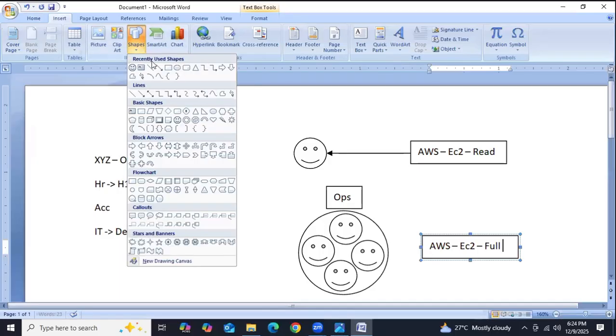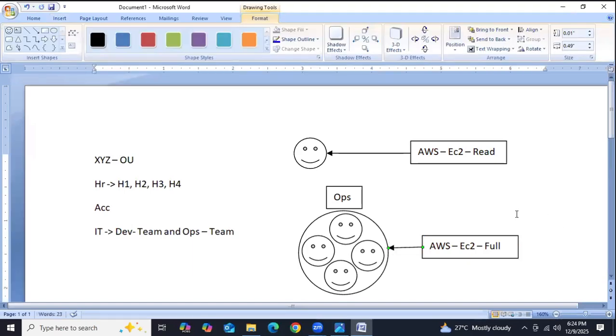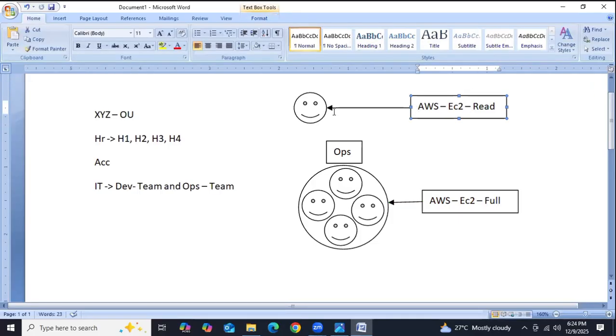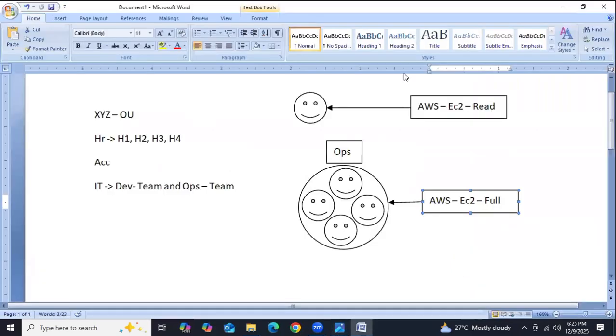Clear? So one policy we can assign for a user, we can assign for a group, and we can assign for a role also. I hope you're clear what is user, what is group. If you want, you can assign the policy for a user, or for a group. Not only one policy, you can assign multiple policies. We can assign 10 policies for a user. Exactly what is a policy? Permission is a policy. So to whom are we going to assign those policies? For user, for group, and for role. As of now, you know very well about user and group.